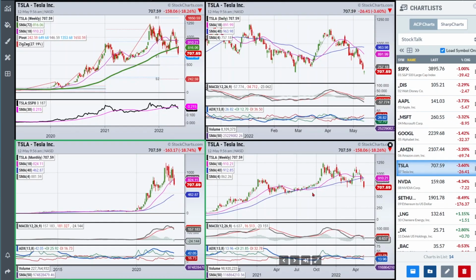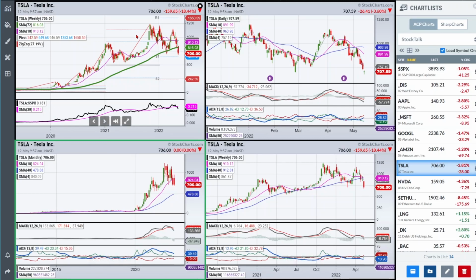Tesla is a little different. We're actually right at the low of the 1, 2, 3. If you take the trend line break and then the test of the high, and now we're testing that low, we haven't convincingly broken that bottom, and we don't have any momentum conditions in place yet. Now, that doesn't mean that this can't break and follow through to the downside and have a lot of risk. I'm just telling you that right now we don't have as much confirmation as we do in these other big names yet. But the recent action is not great.